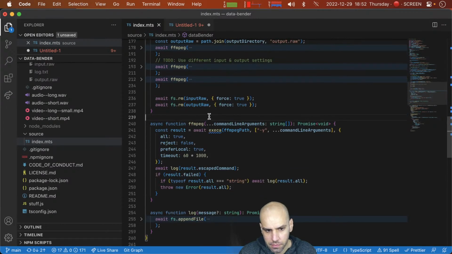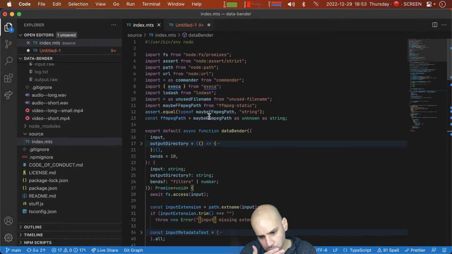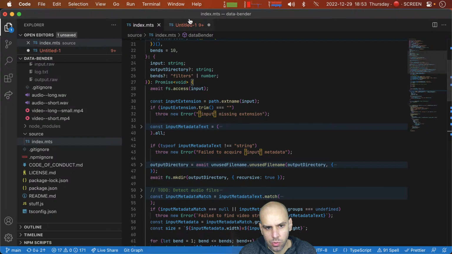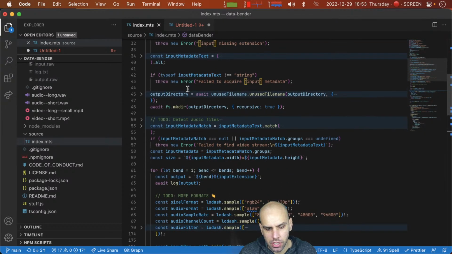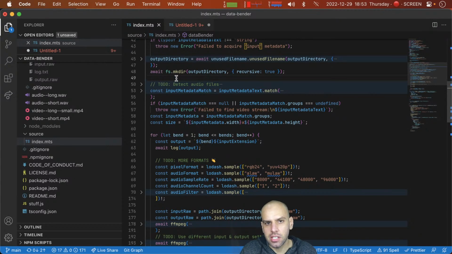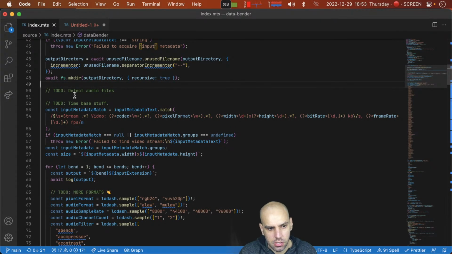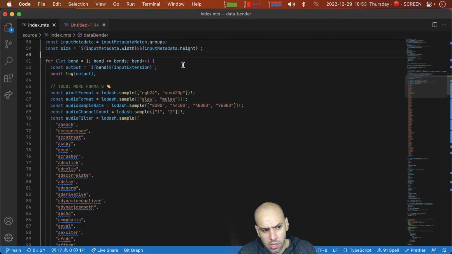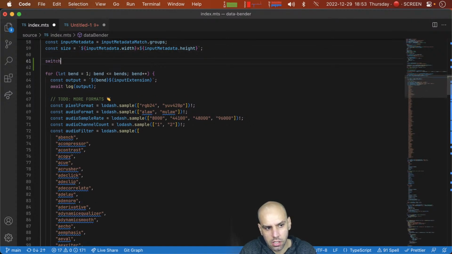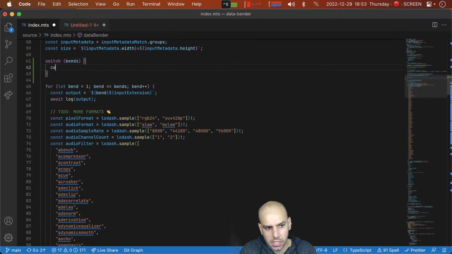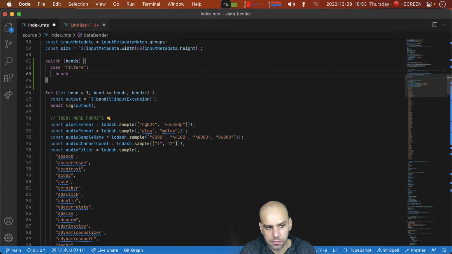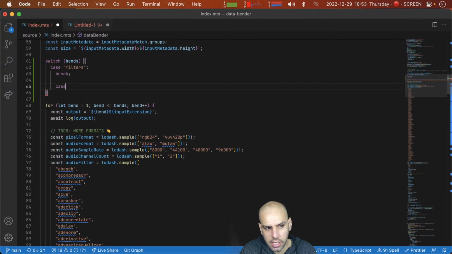How about we do a couple things. Over here, when we have that loop, oh, okay, so the last keyboard shortcut you can learn about folding is the one that I just ran to unfold everything in the file. So over here is where we have that loop to do a number of data bands. Now we have to check the bands, and in case that it is filters, we will want to do stuff, and in case that it is a number, so I guess the default case,